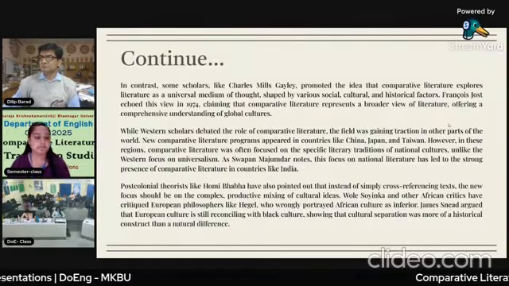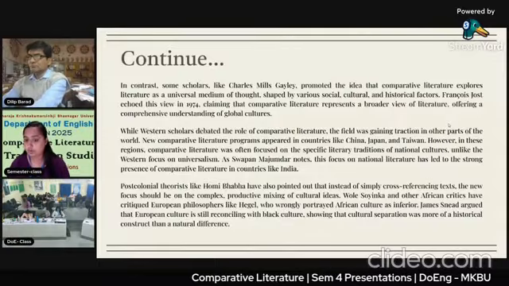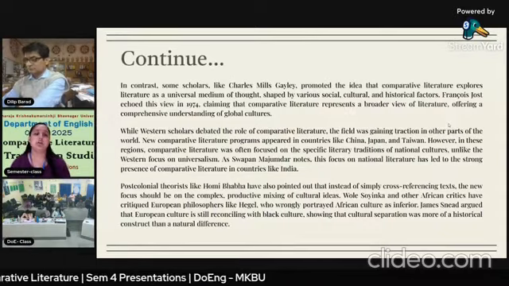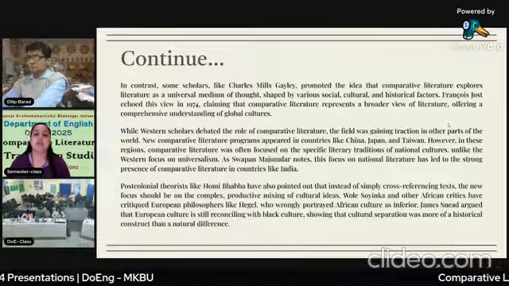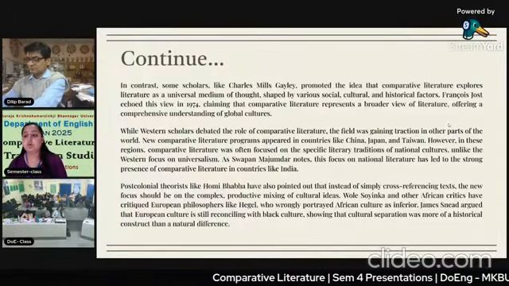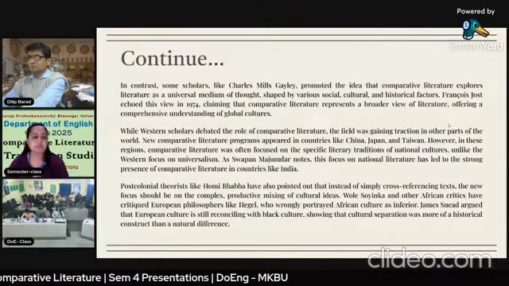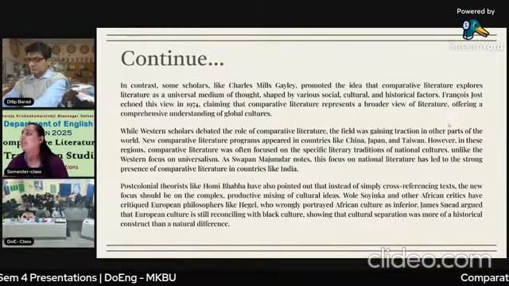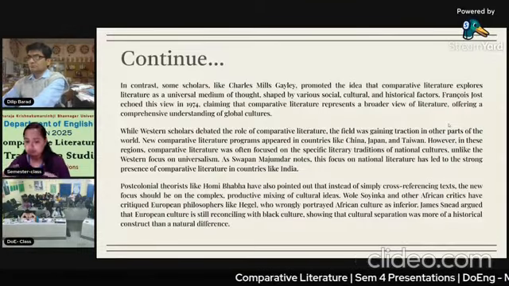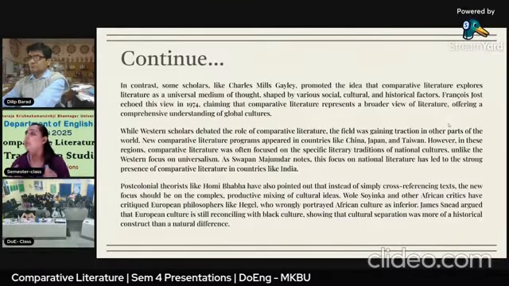However, in all these regions comparative literature often focused on a specific literary work, tradition, or culture, unlike the Western focus on universalism. As Swapna Mazumdar notes, the focus on national literature has led to a strong presence of comparative literature in countries like India also. So we can say that comparative literature is not something we can put in one country or one space.